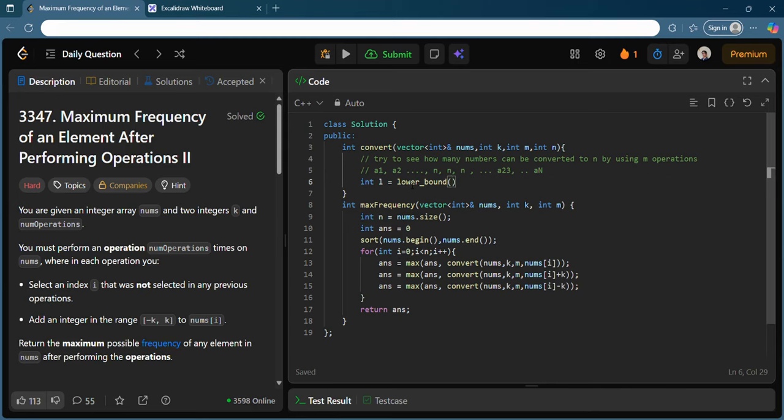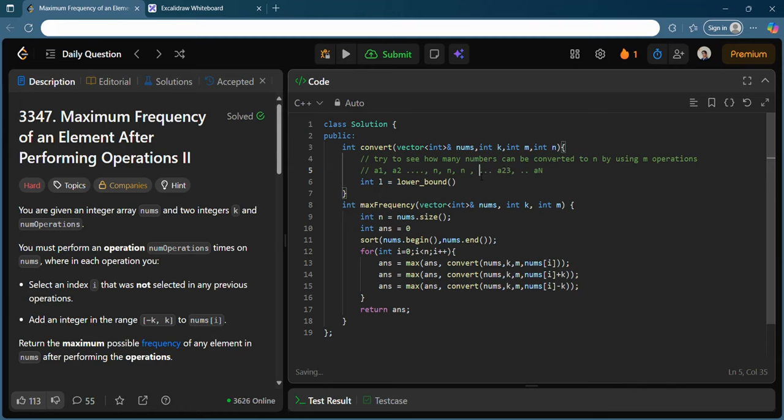Lower bound gives the first element which is greater than or equal to the argument you pass, and upper bound gives the iterator which is just greater than the number you are passing. So if after n there is something like n plus 4, it will give an index pointing to n plus 4.